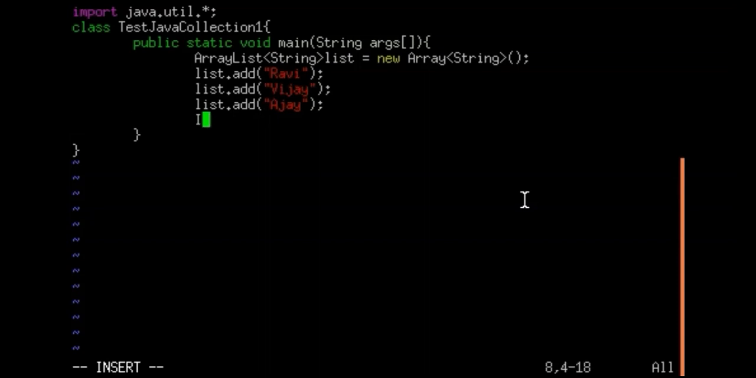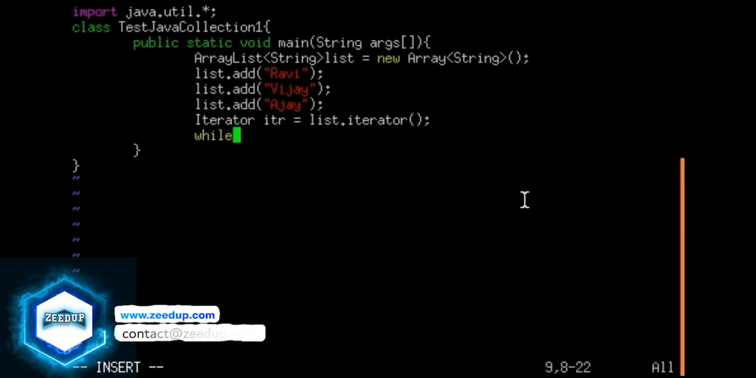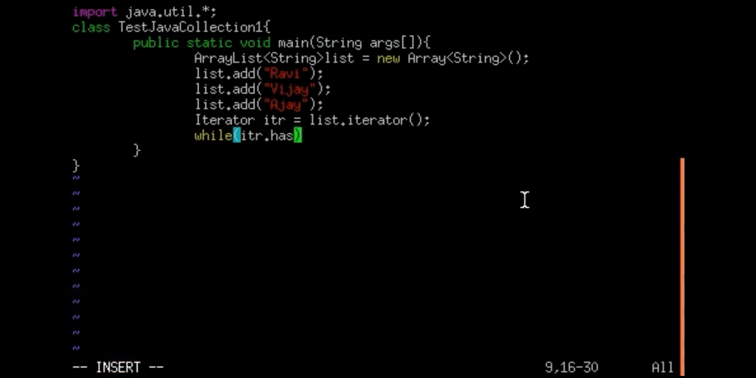Now, iterator, I'm going to initialize it with a small keyword, is equal to list dot iterator. Okay, now I am traversing the list through an iterator. To be able to do that, I'm going to implement a while loop which is going to iterate over this. So this iterator has next, and